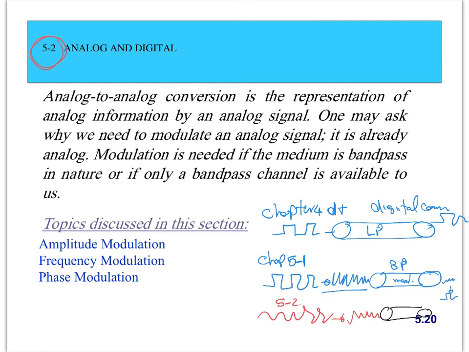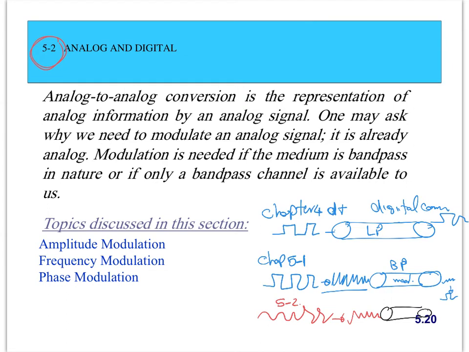So all the old systems, for example radio broadcast, TV broadcast, right? They don't actually convert the voice to digital. They transfer the voice as analog, over a bandpass medium or bandpass channel, right? So all the AM radio, FM radio, and all the old TV broadcast stations use the input signal as an analog signal. They do not convert it to digital. So all the old systems for radio and TV use that concept.